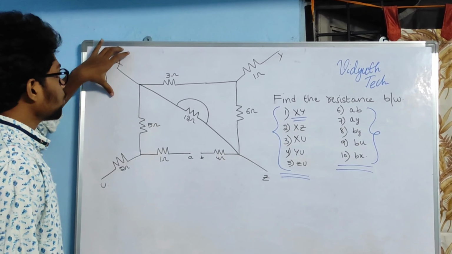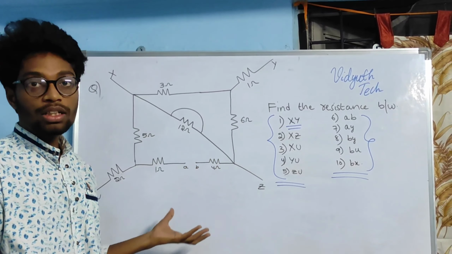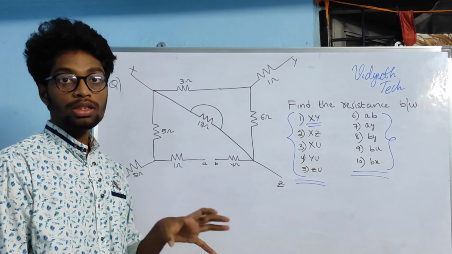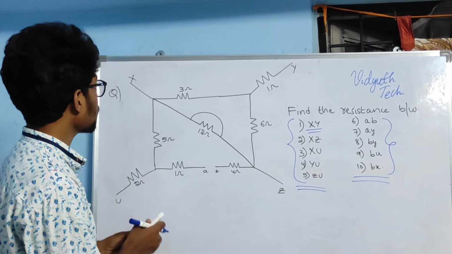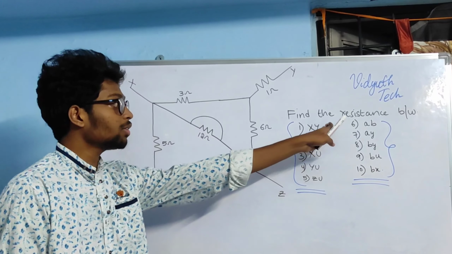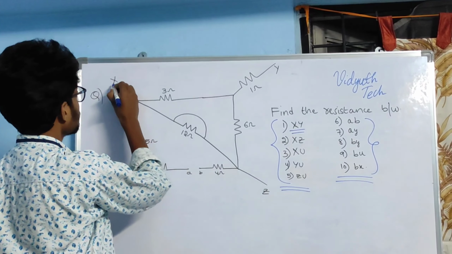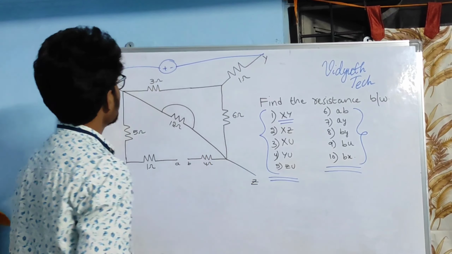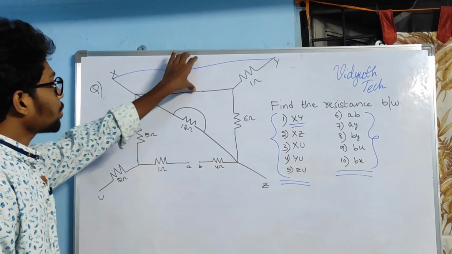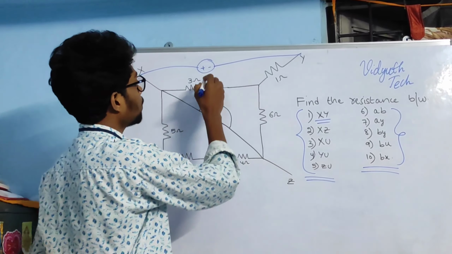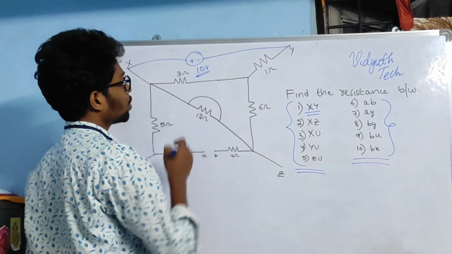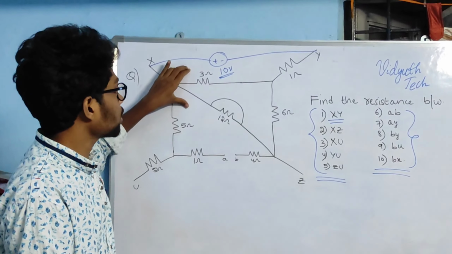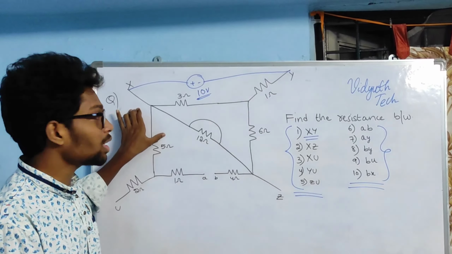Whenever you have to find the equivalent resistance between any of the terminals, you have to apply a voltage source there. Why we want to apply a voltage source, you will get to know right now. In the first question we have to find the equivalent resistance between XY terminals, so I am applying the voltage source over here. This voltage source may be of any voltage, friends. You can take any volts. I am taking 10 volts. I am marking the current directions only, so that it would be easy for us to know whether the circuit elements are present or not.